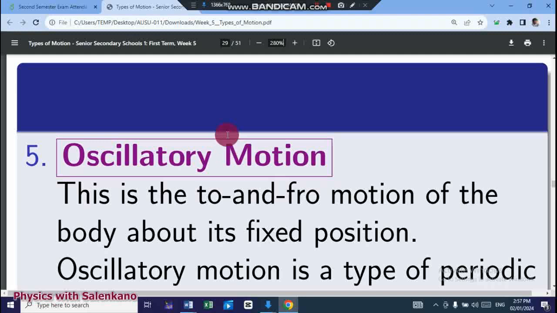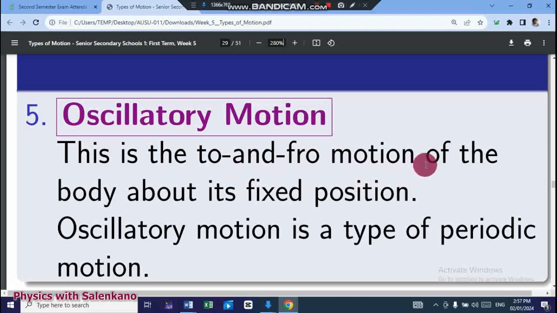The fifth type of motion is oscillatory motion. This is the to and fro motion of the body about its fixed position. The body has a fixed position where it is initially before the motion started. When the motion started, it moves to the left and comes back to the fixed position, and then goes beyond